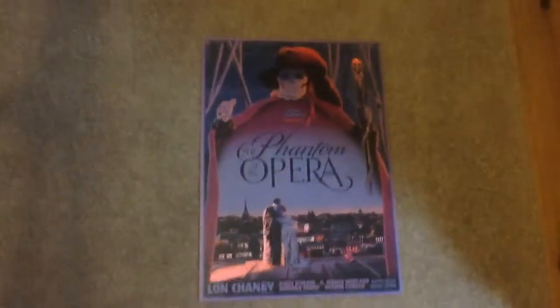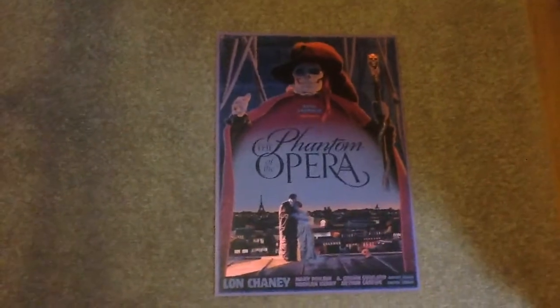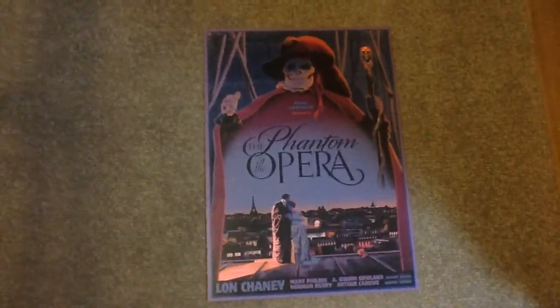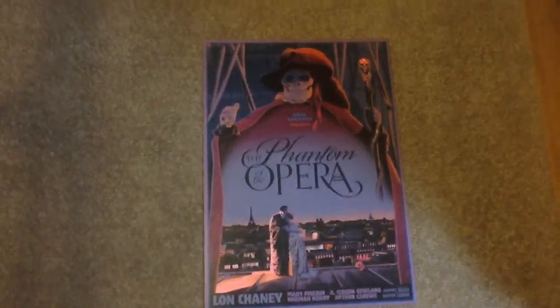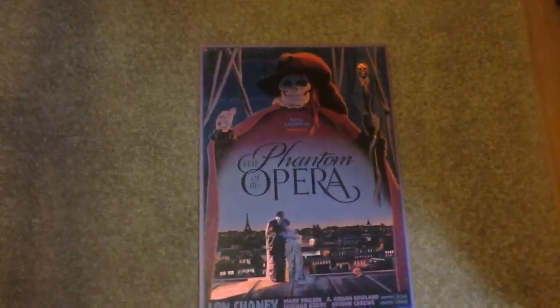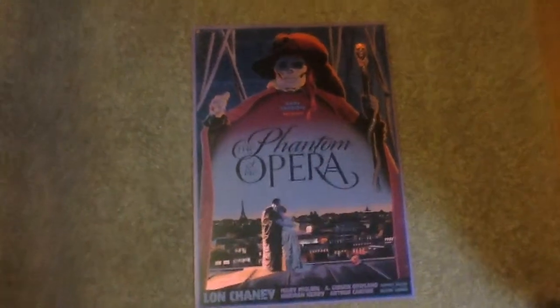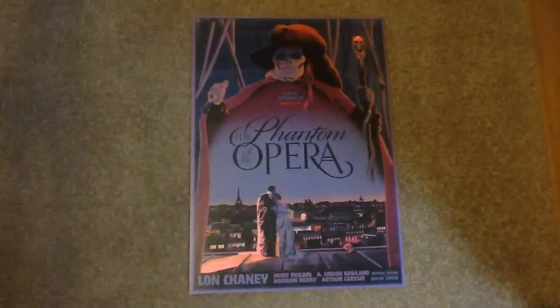And then moving on around here, this is just a print. This is actually from the 1925 Phantom of the Opera with Lon Chaney. So this is an old black and white silent film, but it's my most favourite Phantom of the Opera character that he played. And the scene where he's in the red cloak and the hat and the skull mask is the Masque of the Red Death, where he's coming down the steps in the opera theatre towards the end of the film, and